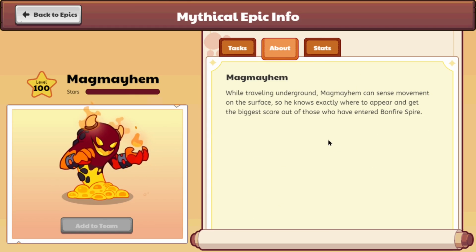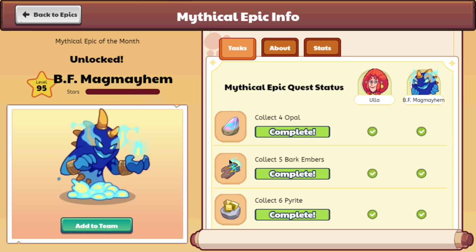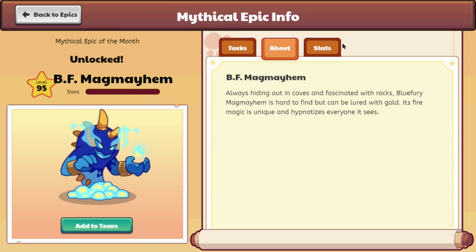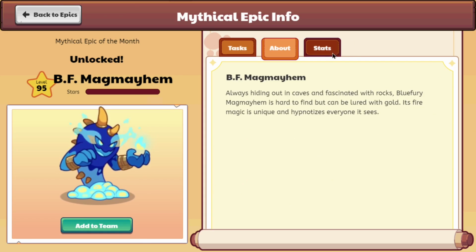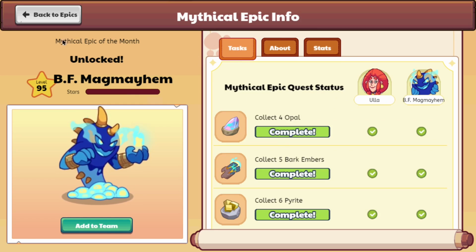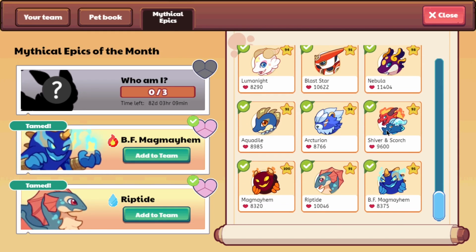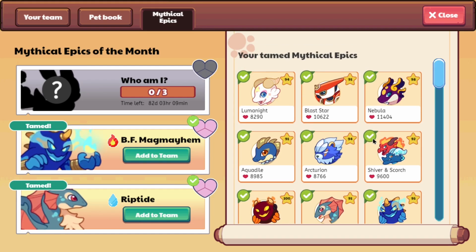Magmayhem is actually different. It seems like he's traveling underground and knows exactly where to appear to scare people. So they are somewhat different. It seems like Blue Fury magmayhem might be a different type of species of magmayhem. Perhaps magmayhem is not his name, but the species name, and Blue Fury is a part of that species. Interesting indeed. But anyways, that increases the amount of mythical epic pets which we have in game,